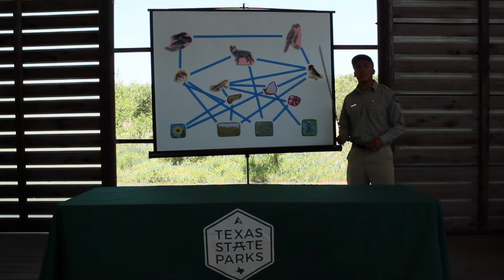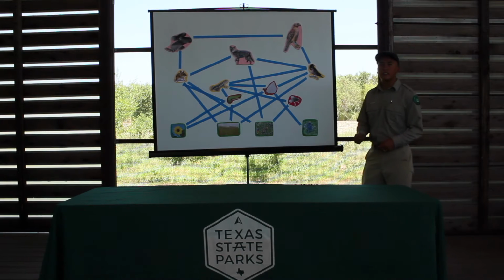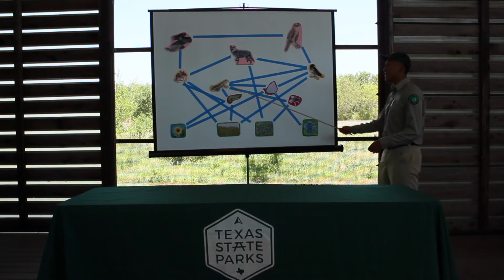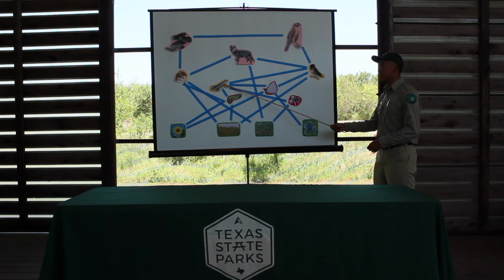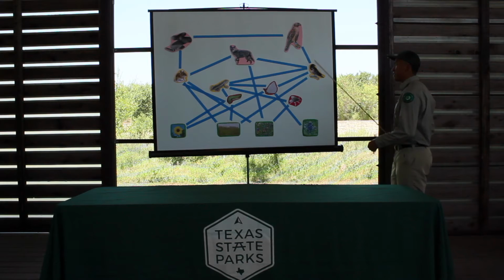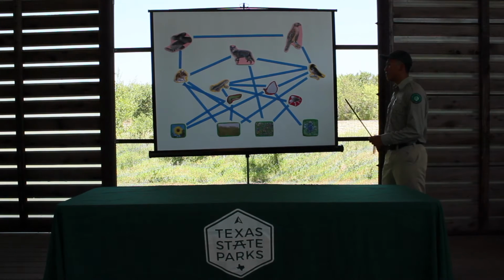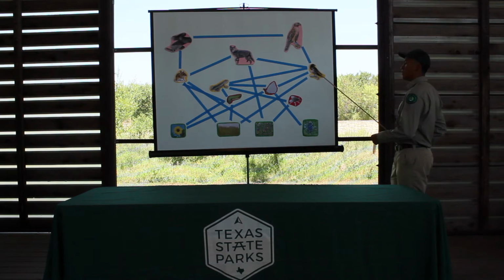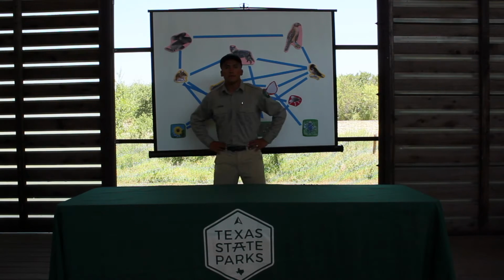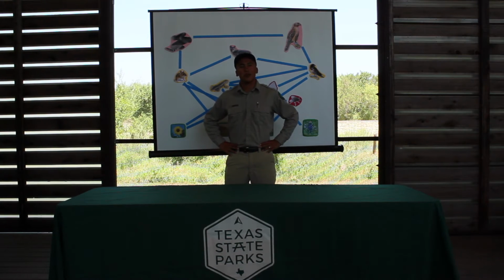Organisms can be multiple types of consumers. Like I said earlier, either the red-shouldered hawk or this common swallow could eat the Texas spiny lizard. So if the common swallow ate the Texas spiny lizard, that would make it the tertiary consumer. But if the swallow were to eat the caterpillar, that would make it the secondary. These interactions between organisms are important to note because not only does it affect other organisms, but us as